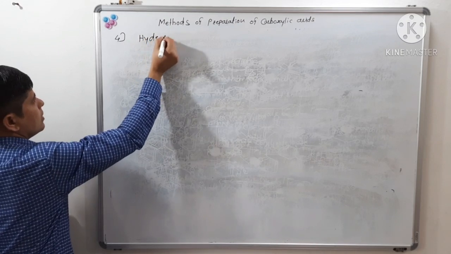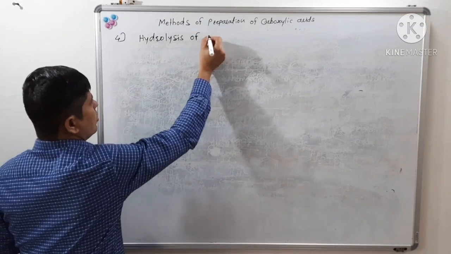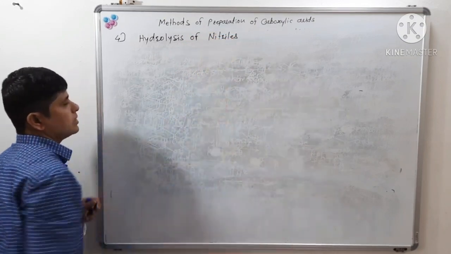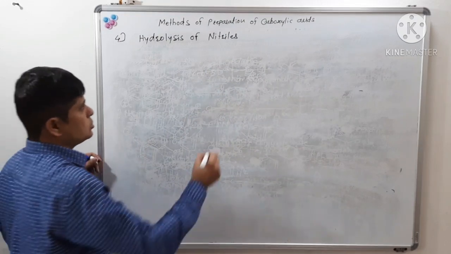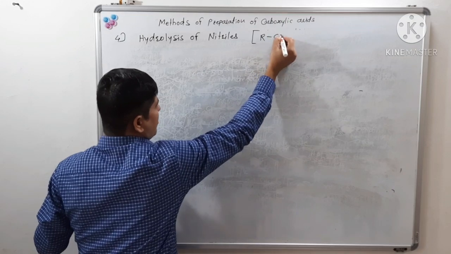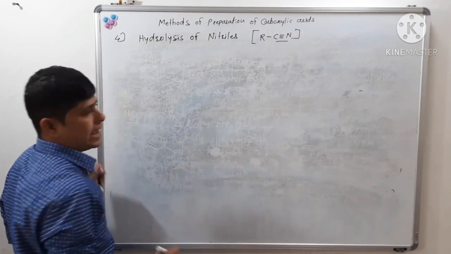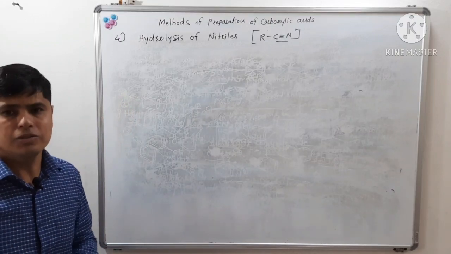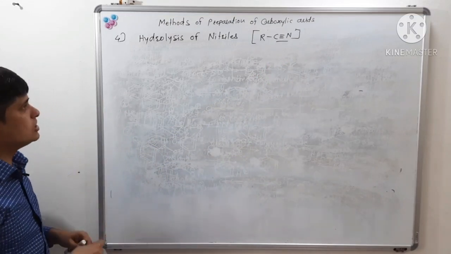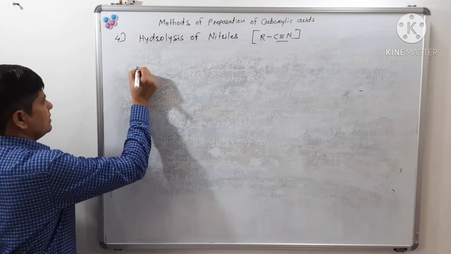Hydrolysis of nitriles. Hydrolysis of what? Nitriles. So what is meant by nitriles? Nitriles are the compounds having the functional group C triple bond N. So hydrolysis of nitrile. Okay, see, for example, if we take